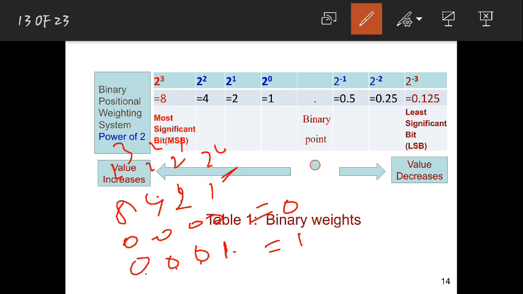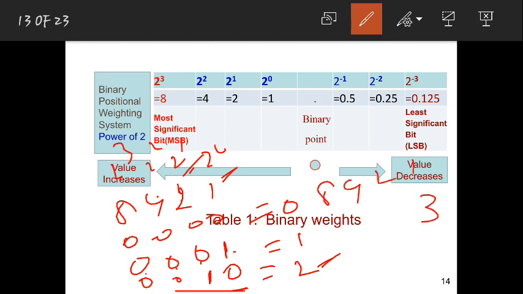Next, if I want 2, see, here I have 2. That means only at the place of 2 I will write binary bit 1, and the remaining will all be zeros. So if I have 1 at this place, that means this is a binary value; if we convert, that decimal value will be 2. If I want to write 3, see, 1, 2, 4, 8. There is no 3 here. I have 1, 2 and 4. I do not have 3 anywhere.